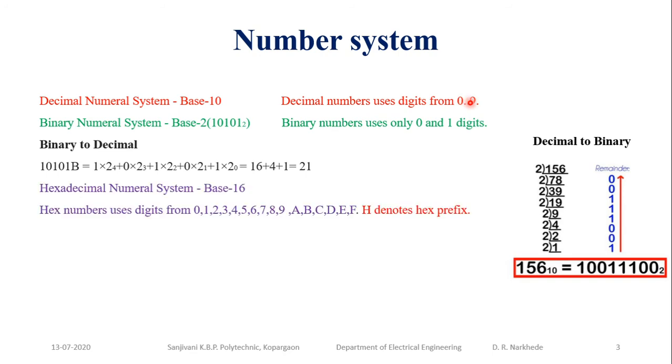So for that purpose, we are going to use the hexadecimal number system, in which there are 16 numbers. What are these 16 numbers? 0, 1, 2, 3, 4, 5, 6, 7, 8, 9. These are the numbers from your decimal number system, 10 numbers. And A, B, C, D, E, F. These are the 6 additional numbers. Remember, after 9 there is not 10. After 9 what is there? A, B, C, D, E, F. Now if you just remember, in your decimal number system, after 9 what is there? 10. 10 means what?